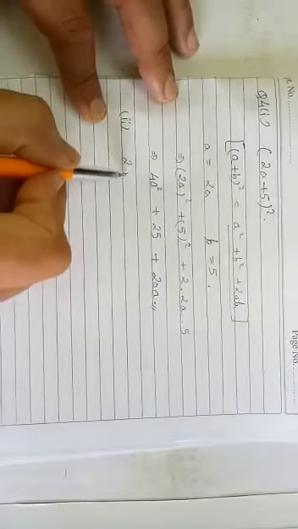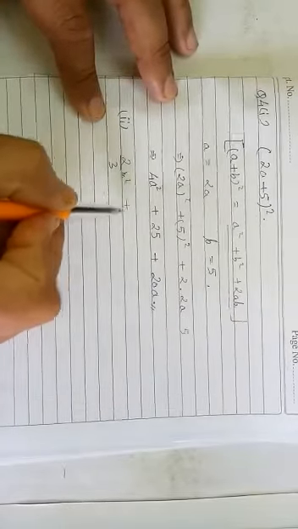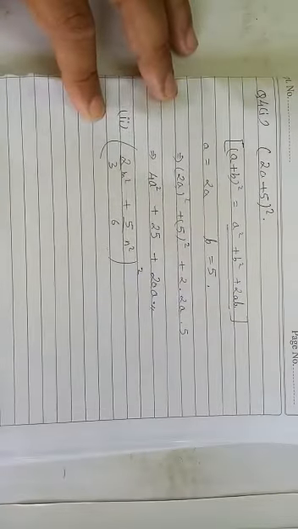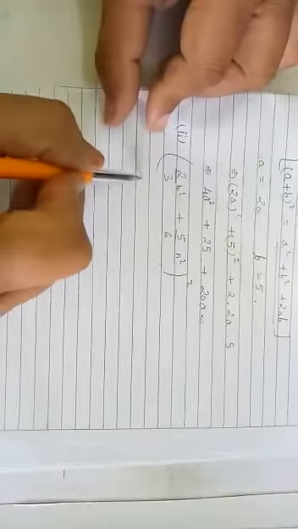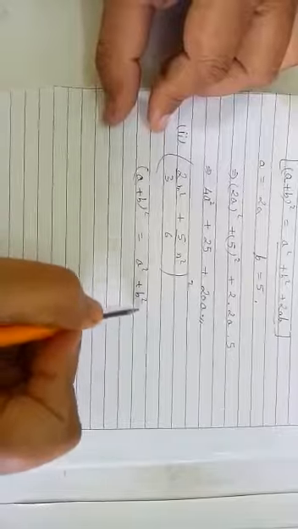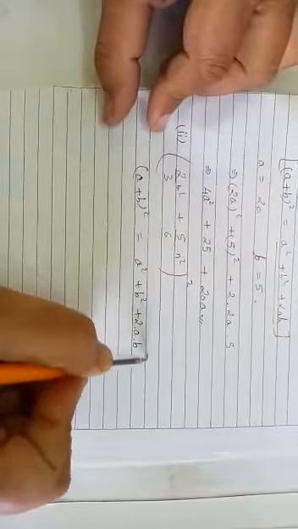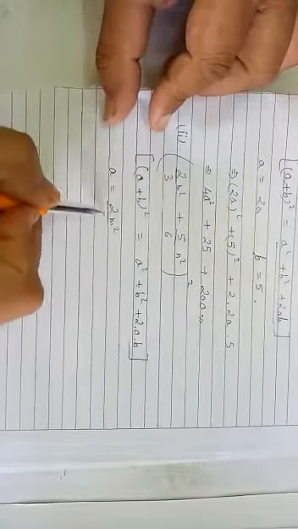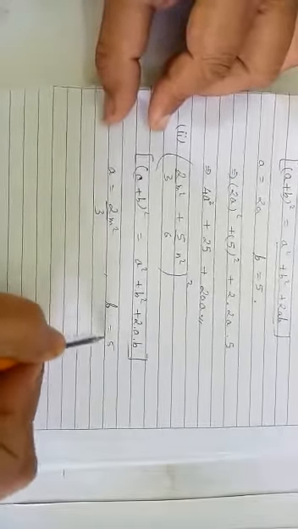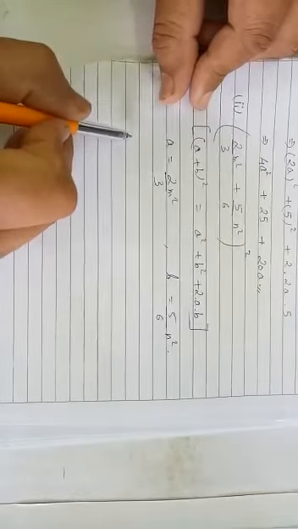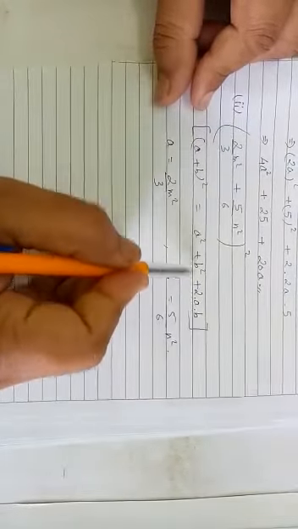Second question is (2m square upon 3 plus 5 upon 6 n square) whole square. It is also in the same identity (a + b) whole square. Its identity is a square plus b square plus 2 into a into b. What is the value of a? A is 2m square upon 3. The value of b is 5 upon 6 n square. Is it clear? Now we have to put in the value of a, b and 2ab.